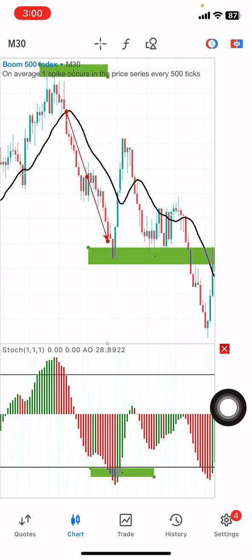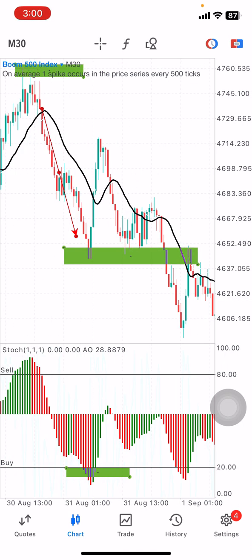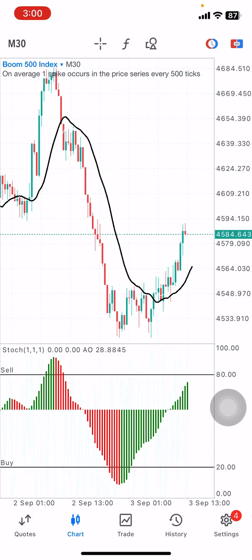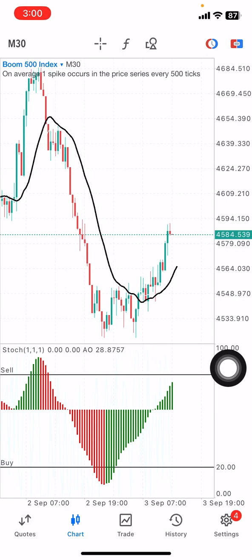Let's just quickly take a look maybe on others. Okay, so for example, let's consider now where the market is. The market is actually doing what? The market is actually moving right now. So for example, here